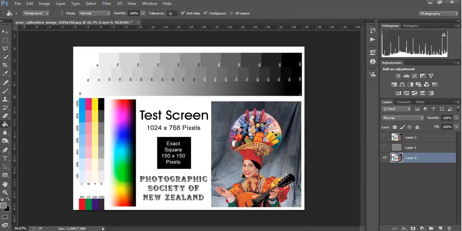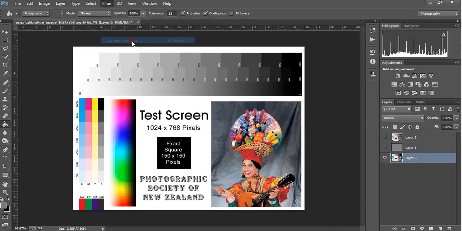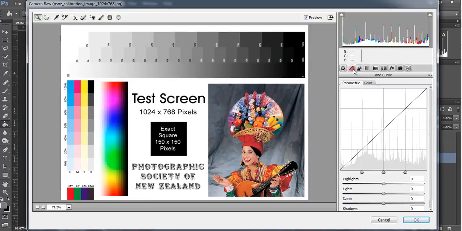Welcome to the second part of looking at Adobe Camera Raw. If you've only just joined us, I'll take you through how to open the image. We've already dropped it into Photoshop CC, and then Filter, and then the Camera Raw filter. If you've missed the previous video, we've already gone over the basics, and we're going to have a quick look